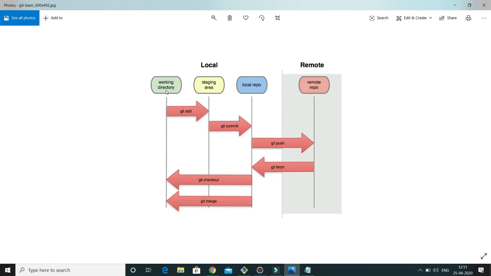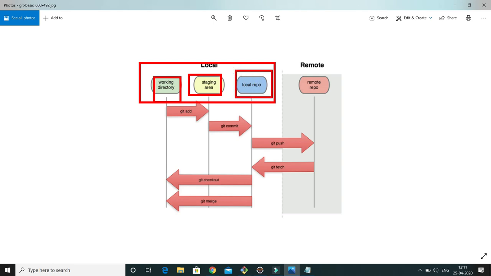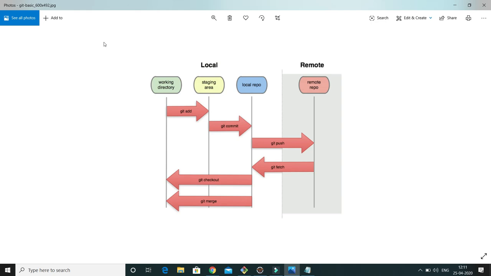So first of all, we'll see how we can delete files or how we can reset the working directory, staging area, as well as the local repository using the git reset command. If time allows, then we will push our change into the remote repository, and we'll see also how we can reset or revert changes from the remote repository as well. But the first intention is to learn how to reset our working directory, staging area, as well as local repository using git reset.